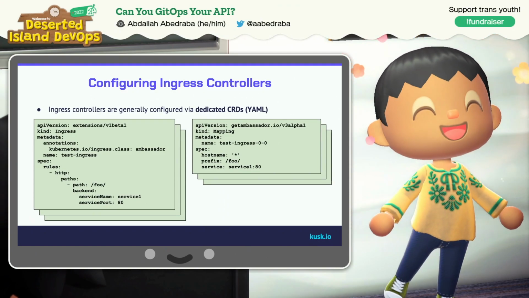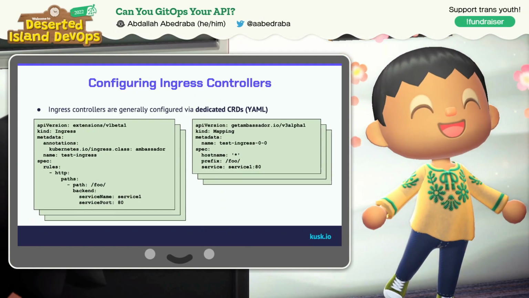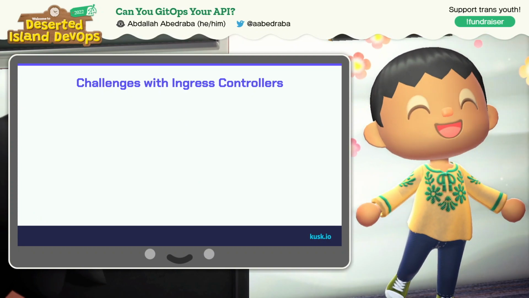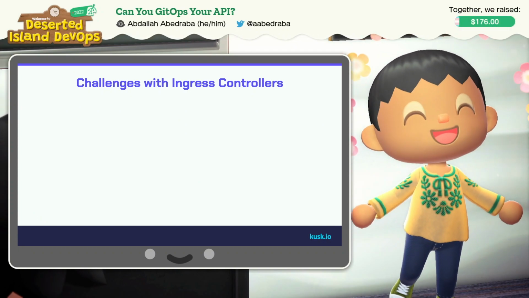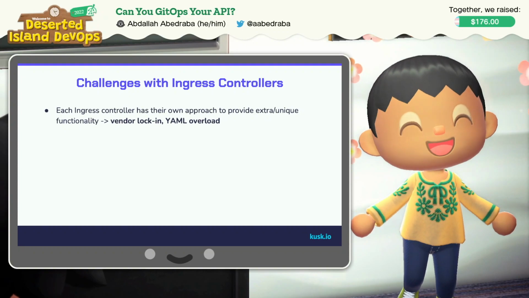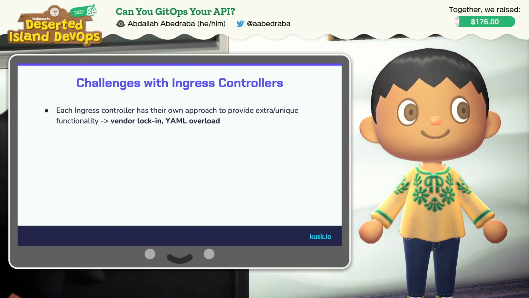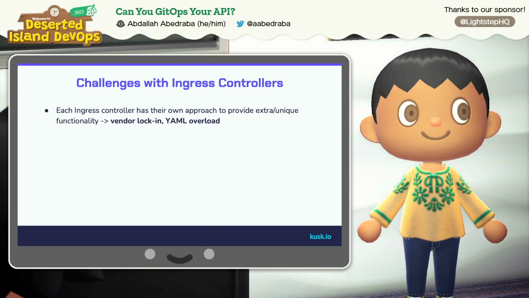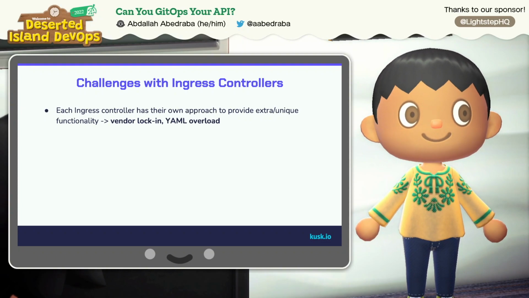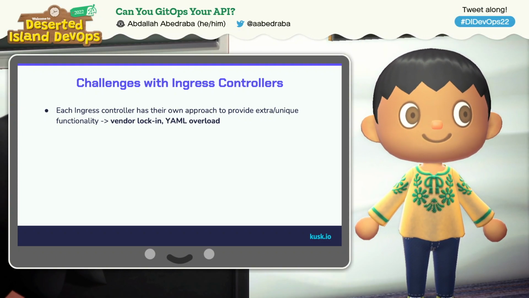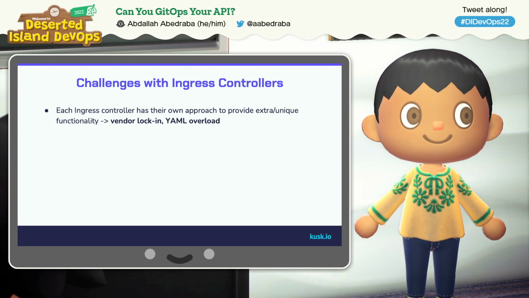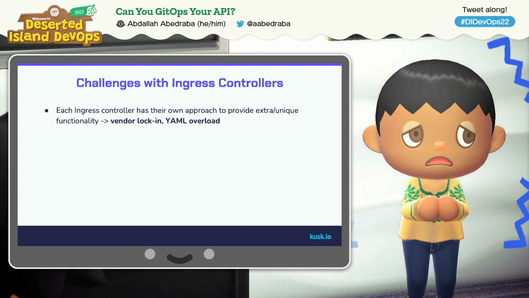And if you've listened to Heidi's presentation, you might know that these specific abstractions are harder to maintain in the long term. So the challenge with the current ingress controllers is that because you have a specific configuration for how to configure these ingress controllers, you end up having a vendor lock-in. But what's even worse is that you have so many YAML files to manage, and this increases so much the complexity of deploying that.